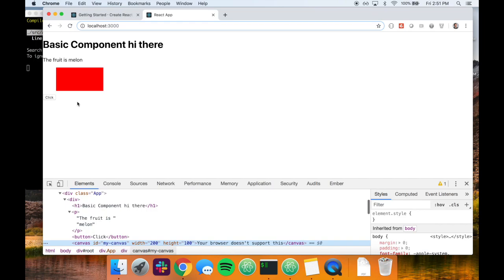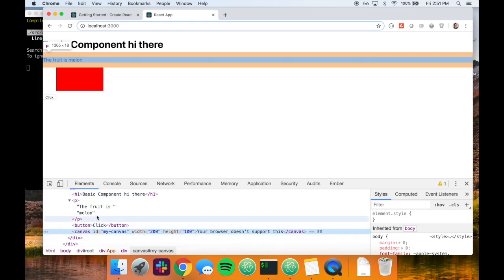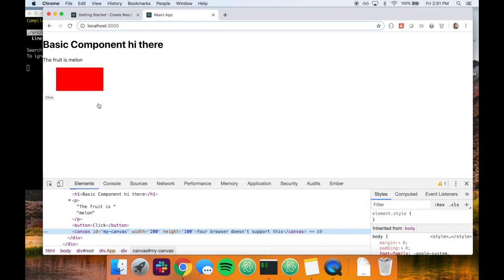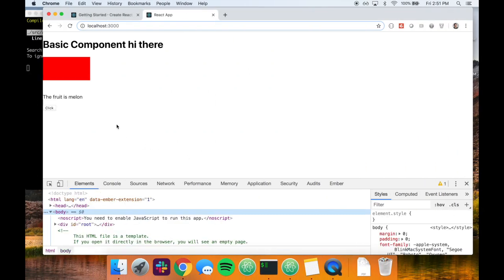Why is it above the button? No, it's below the button. There's something going on with my CSS, but you know what? That's fine. But the point is we can kind of put this anywhere. We could have put it up here if we wanted to, and it'll move it up in the DOM tree. So it's specifying where within this